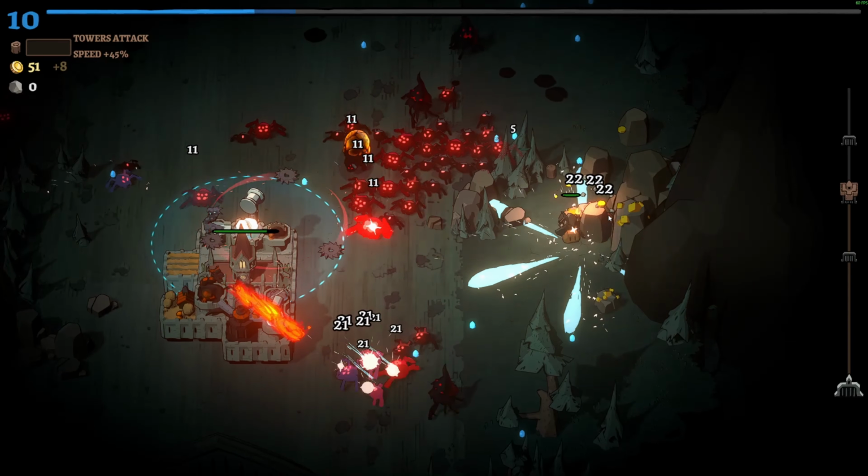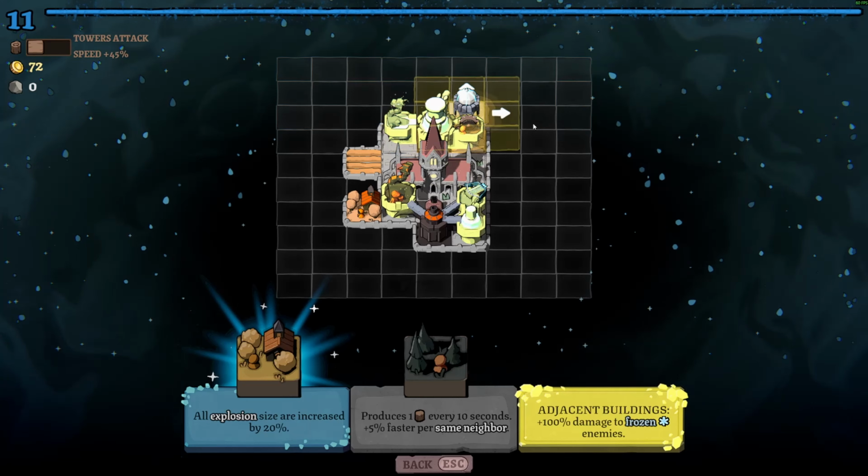So, this is an interesting one. The Craftsman District. Adjacent buildings, 100% damage to frozen enemies. We do have 2 freeze traps and a frost dragon with also an ice ballista. I think this is a good addition to our towers. I want to put it in the back actually